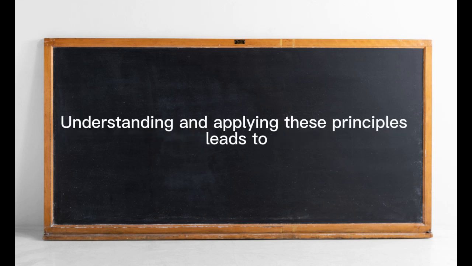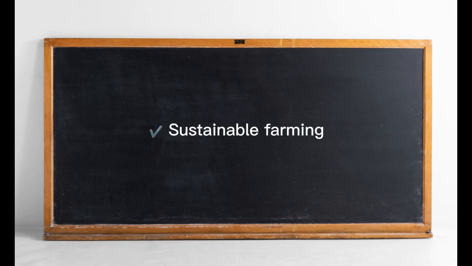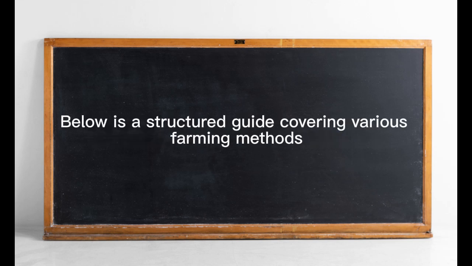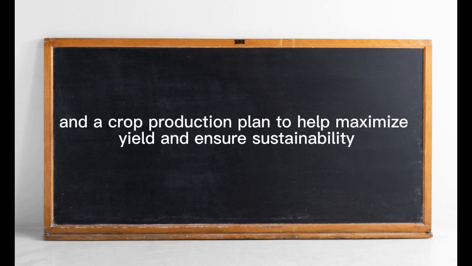Conclusion: understanding and applying these principles leads to higher yields, sustainable farming, reduced losses, and environmental conservation. Detailed guide on specific farming methods and crop production plan. Below is a structured guide covering various farming methods and a crop production plan to help maximize yield and ensure